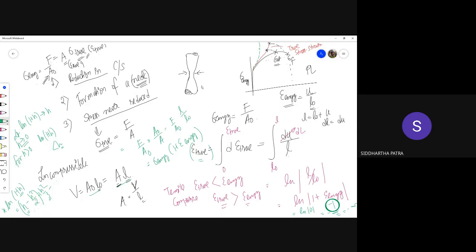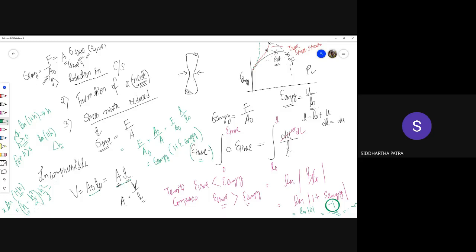And for the ductile material, the neck is a property of ductile material. I mean, there is no way a brittle material would form a neck, because brittle materials do not survive that much plastic strain. So let's say 10 or 15% of plastic strain may be required to cause necking, and brittle materials fail much before that. So brittle materials do not fail with the formation of a neck. So neck is a property of ductile material.